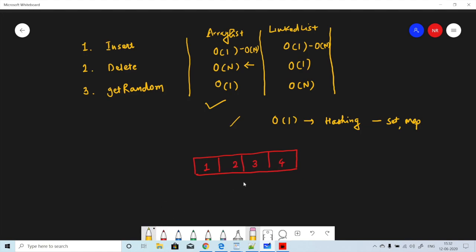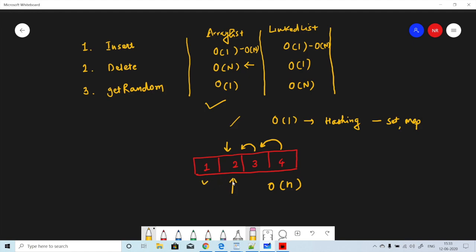Now if we want to delete number 2, we have this memory now available, so all the next elements will move one location to the left. This movement operation is costly. Sometimes it costs O(n) if you are deleting the first element itself.